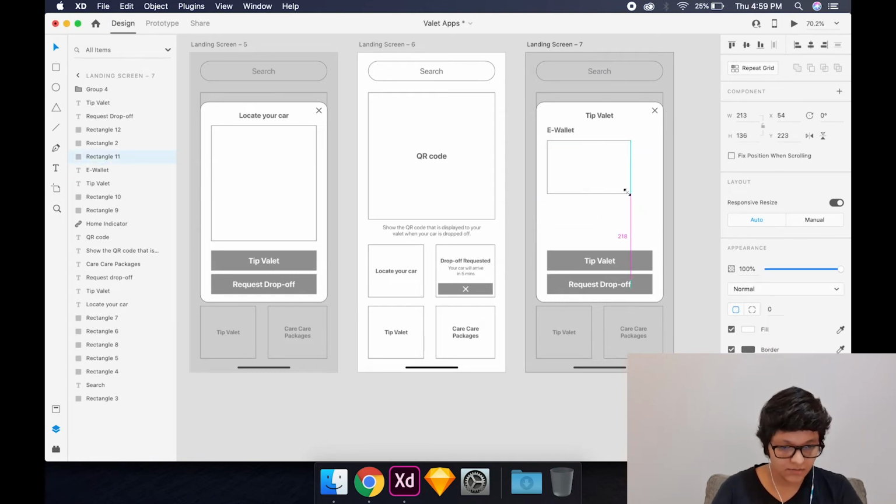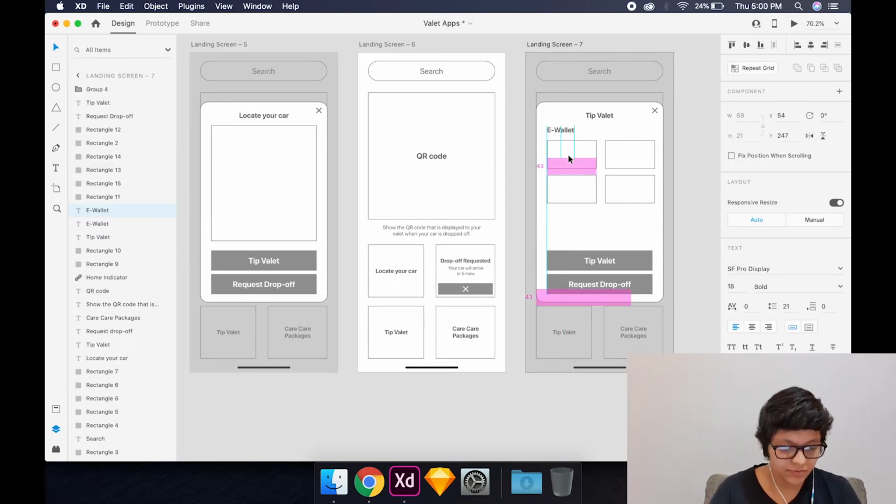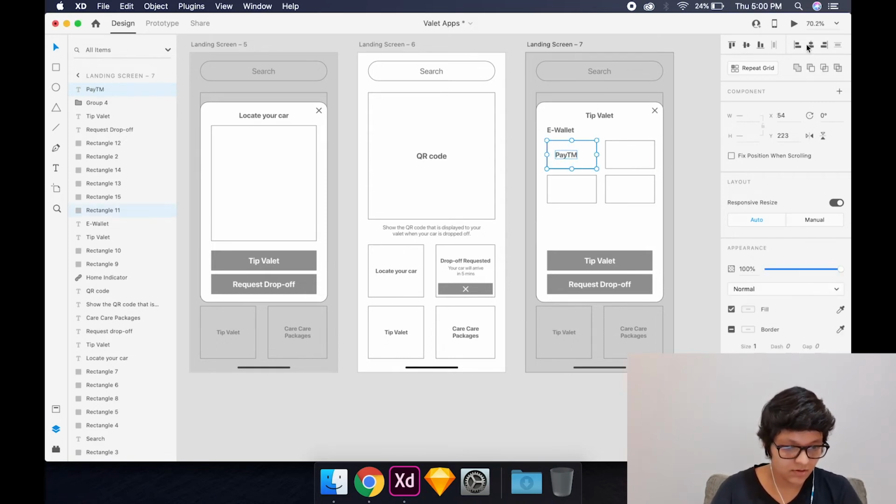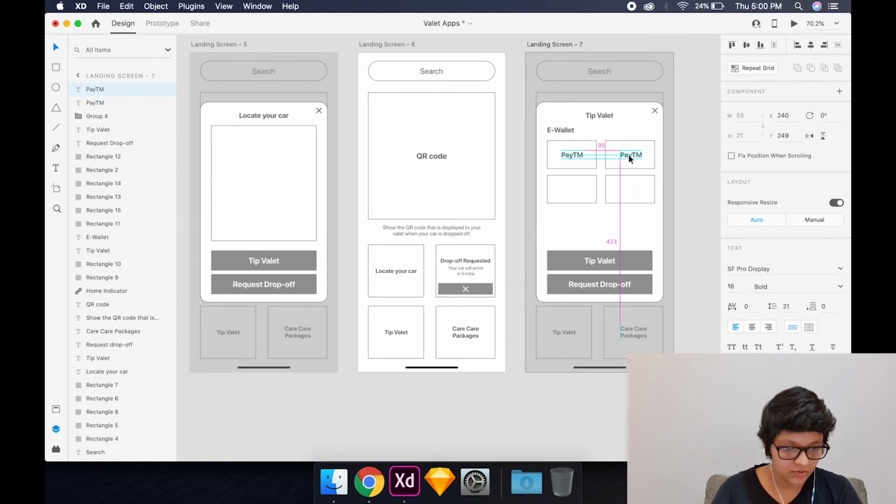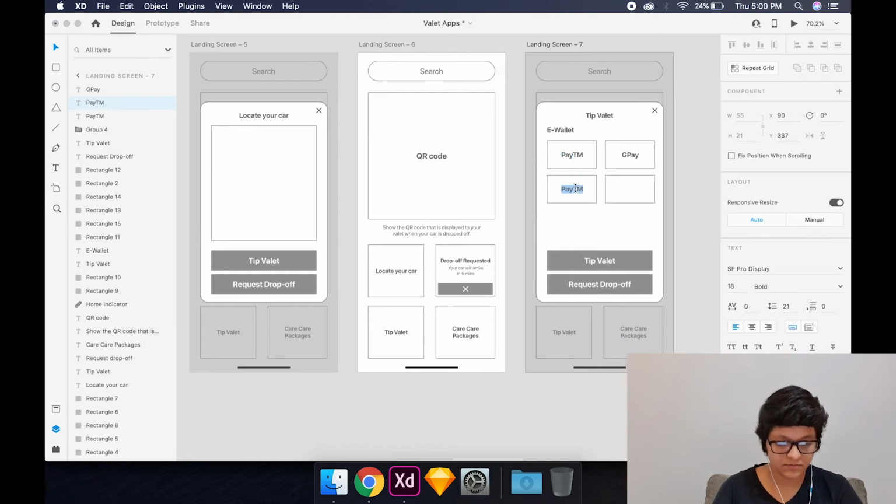and we can just have some basic visuals of some applications that allow you to transfer money online. So I'm going to add the names of a few of the apps that I do know. So maybe Paytm, and then we can add Google Pay, GPay, and we can also add PhonePe.